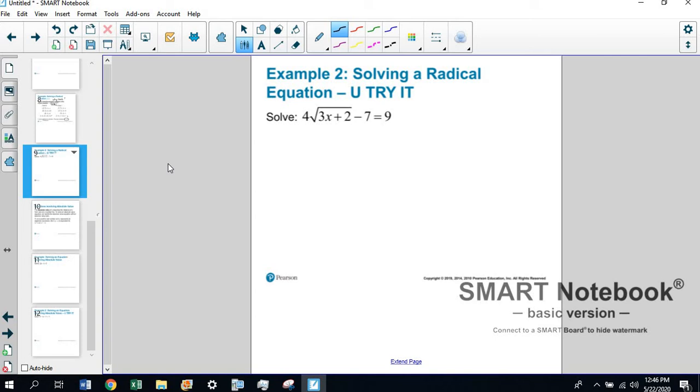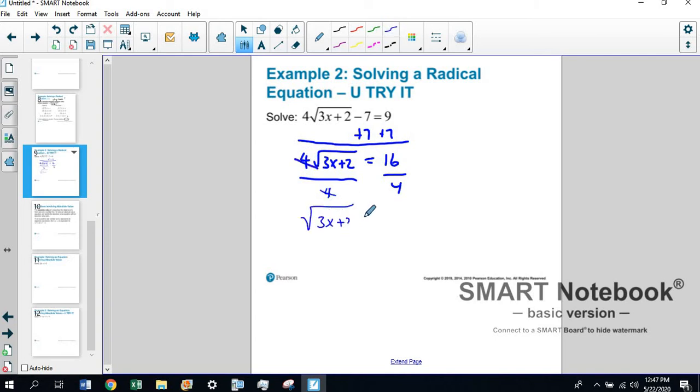Okay? So step 1, we need to isolate. So that means we need to add 7 to both sides. That gives us 4 square root of 3x plus 2 equals 16. Still not isolated because of the 4, so we're going to divide both sides by 4. So we have square root of 3x plus 2 now equals a total of 4. And so now what do we do? We square both sides,